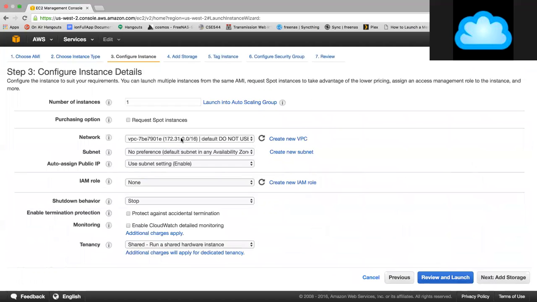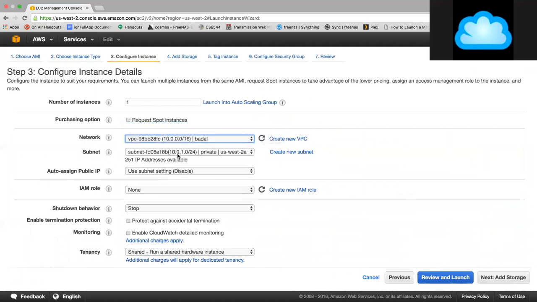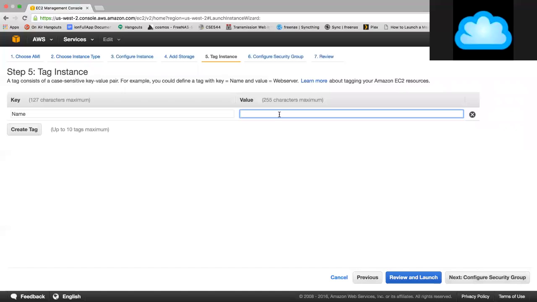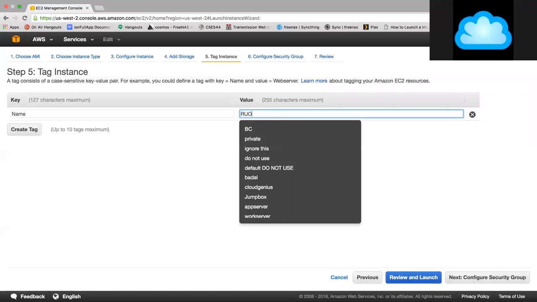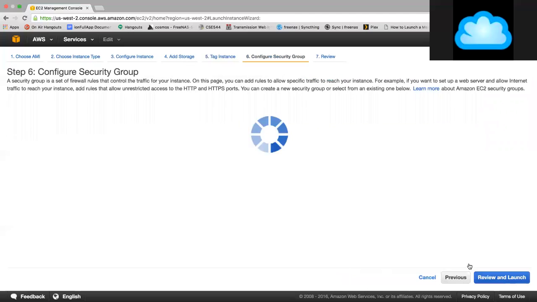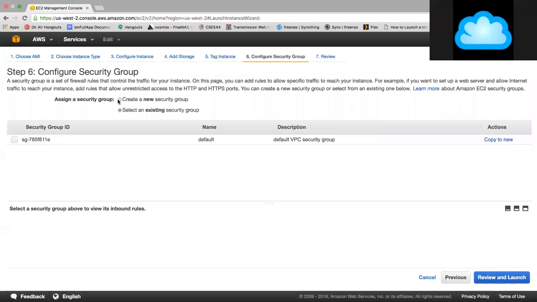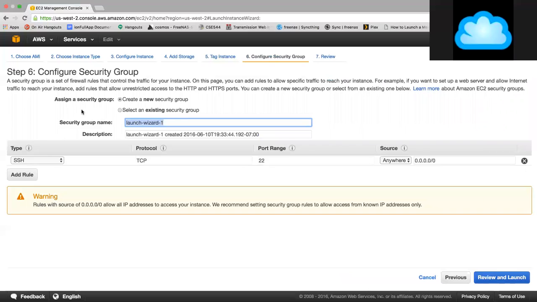And then I configure the instance. I'll put that in the Badal VPC, put that in the BC subnet, get an IP address. So Badal, BC, enable, go forward, SSD, go forward. I will call this my router. And in that router, I will add some security group. I would like to simplify the security groups. So I will create a new security group. I will call this my,